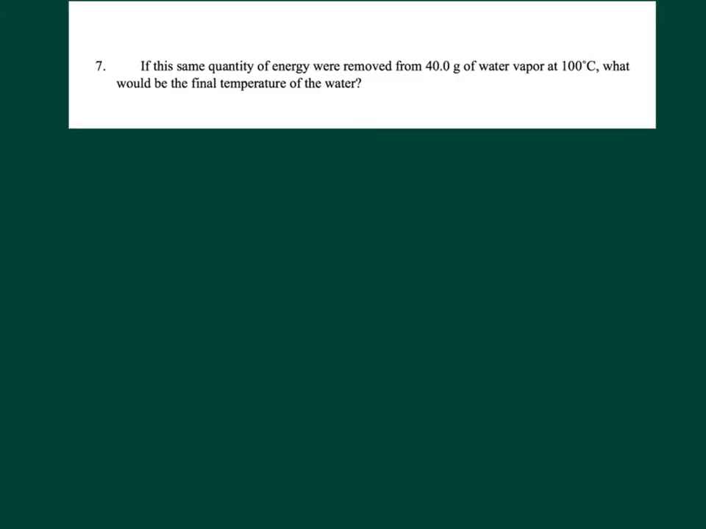Okay, this is question 7 from worksheet 4 in unit 3. Question 7 says, if the same quantity of energy was removed from 40 grams of water vapor at 100 degrees Celsius, what would the final temperature of the water be? Well, this is referring back to question number 6. In question number 6, the answer that you should have gotten was 104 kilojoules. So that's the amount of energy that this problem is referring to, which is